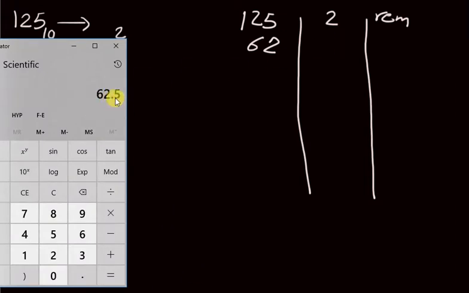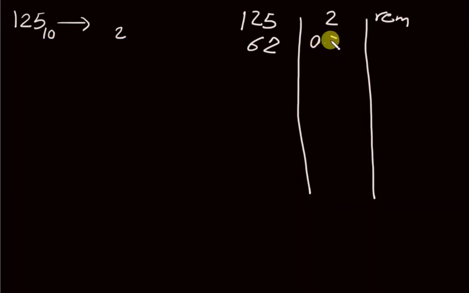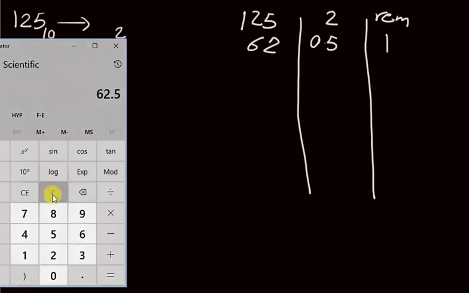I don't put any numbers after the dot under this section. Any number after the dot goes to the second section. So 0.5 comes here. 0.5 multiplied by 2 will give me 1, so that means the remainder of this was 1. And then I have my next number, which is 62, and I will divide 62 by 2 again,